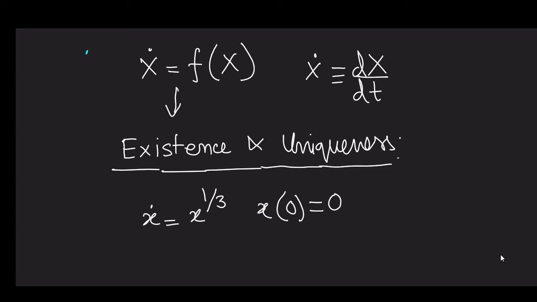One is the common one, if you solve it... Actually this way you cannot do it, you have to do it like dx by x^(1/3) is equal to dt. Now if you integrate, then this will yield